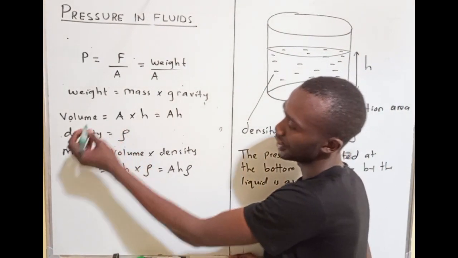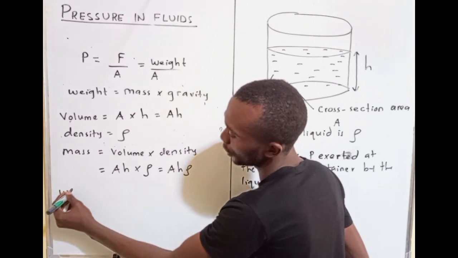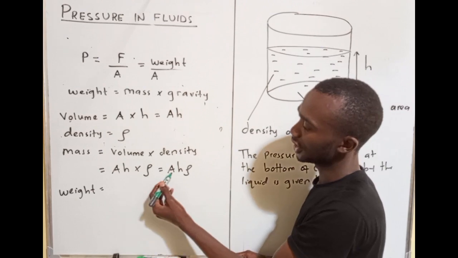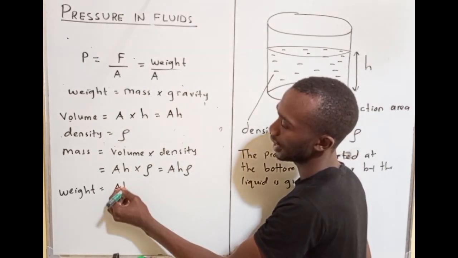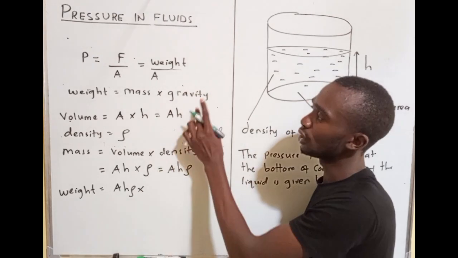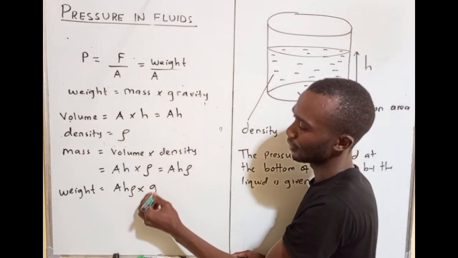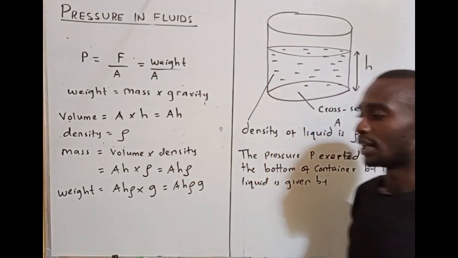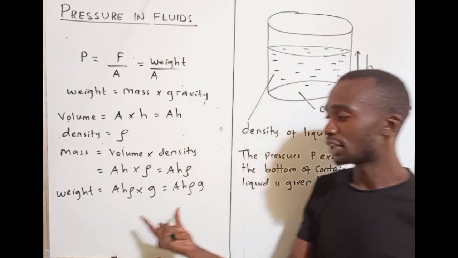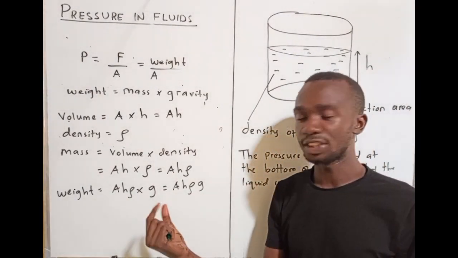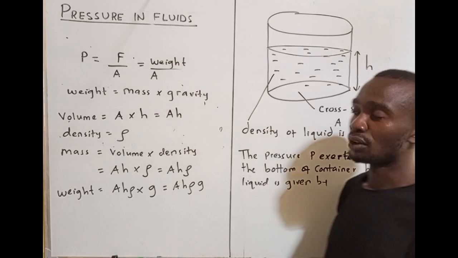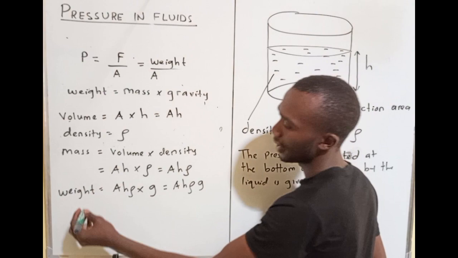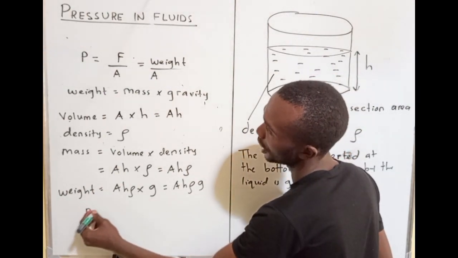Now we can get the weight. The weight of the liquid is equivalent to the mass, Ahρ, multiplied by the gravitational field strength, which is g. So the weight is Ahρg. The weight of this liquid, using the information given in the statement, is Ahρg. Now to find the pressure exerted by this liquid at the base of the container, we go back to the formula. The pressure is equivalent to the weight